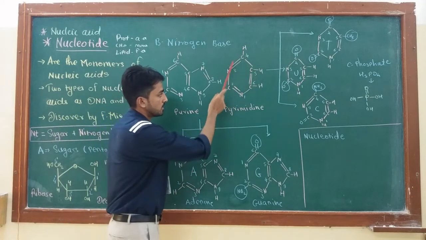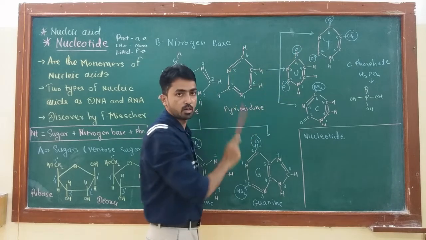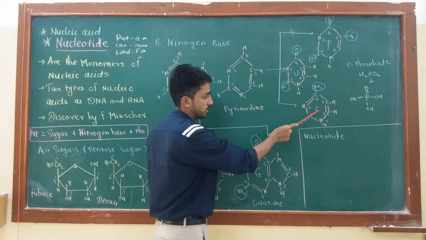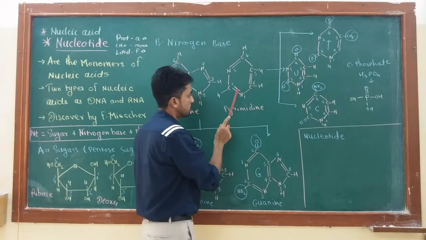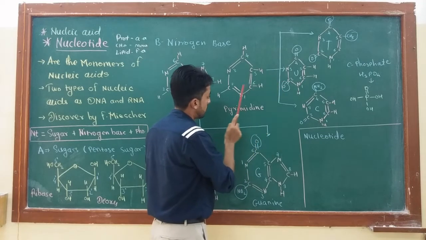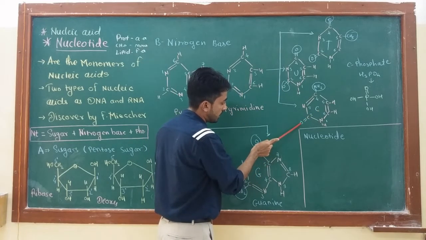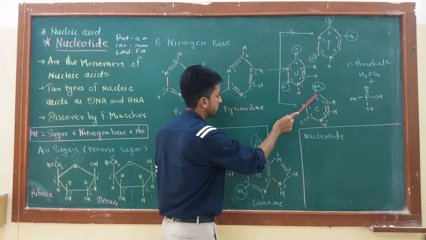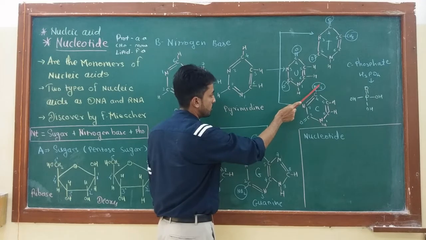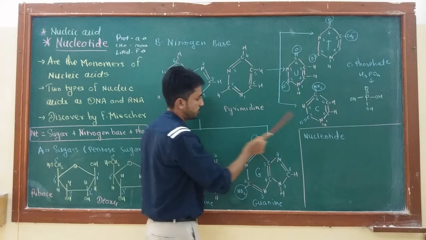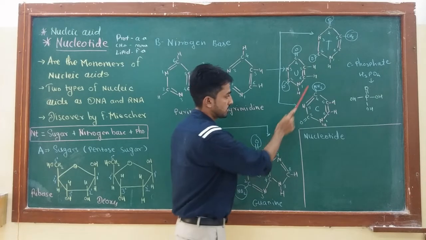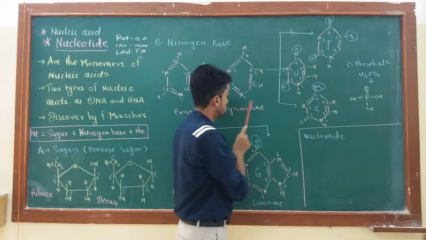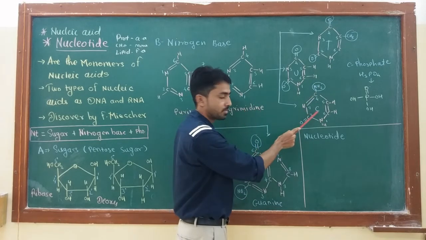Now pyrimidines have three different type of structures in the DNA and RNA. First is cytosine. This C for cytosine. You can see the change in the structure. Cytosine contain oxygen atom on carbon number 2 and amino group on carbon number 4. So this hydrogen is replaced by amino group and this carbon number 2 hydrogen is replaced by oxygen group, and it is called as 2-oxy-4-amino pyrimidines, which is nothing but the cytosine.